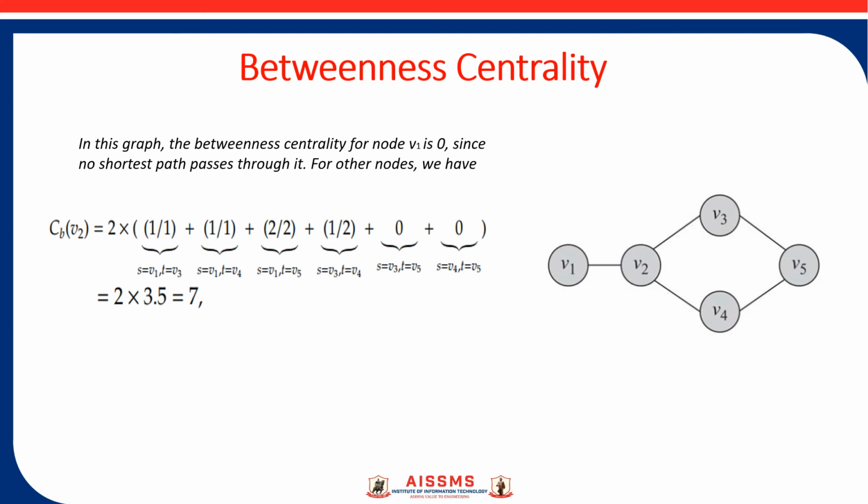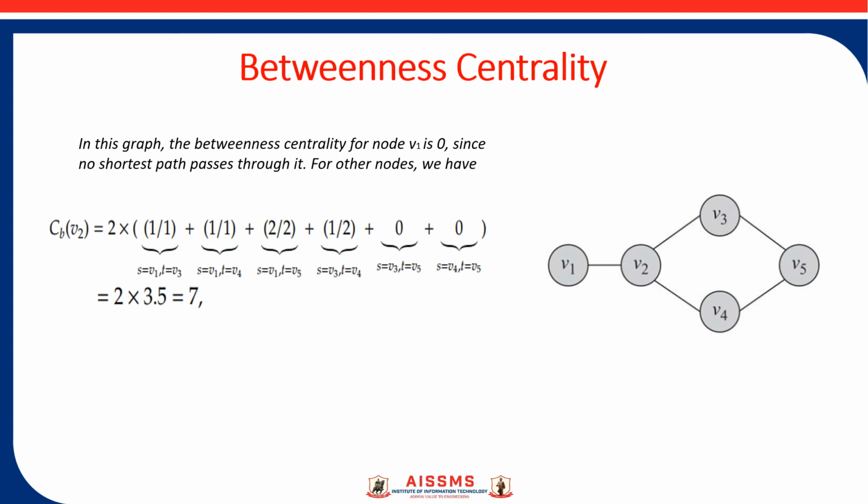If we consider S equal to V1 in this graph and T is V3, meaning the path is from V1 to V3, then in the numerator we have to see how many shortest paths pass through V2. We can clearly see that there is only one path on which V2 lies. Similarly, for the denominator we don't have to look for the in-betweenness. We just see how many shortest paths there are from V1 to V3, which is obviously 1.